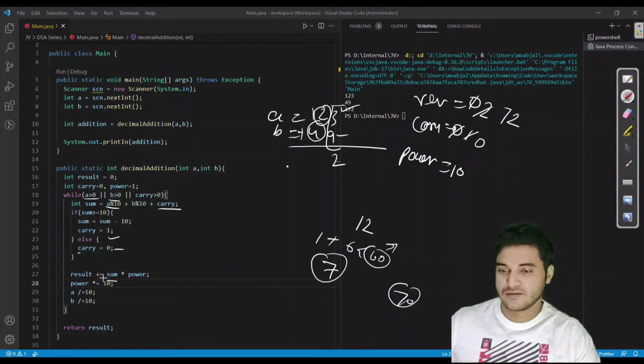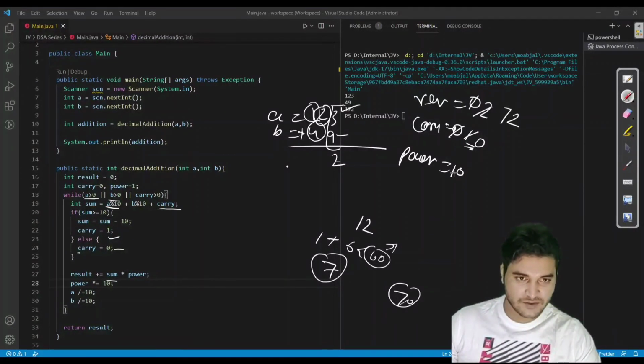And a is now 1 and b is 0, because we do not have anything. So 1 plus 0 plus 0, because carry is 0 now. So 1 is less than the base. In the previous iteration power became 100, because we multiplied 10 with 10 again.